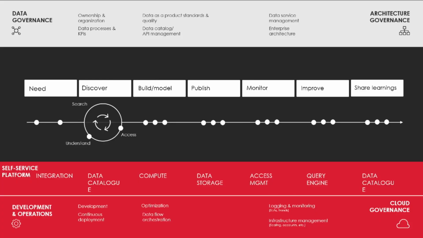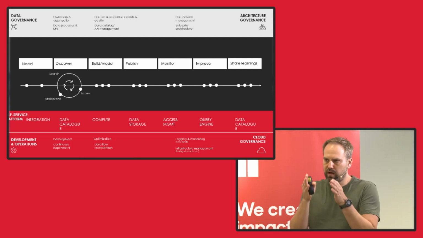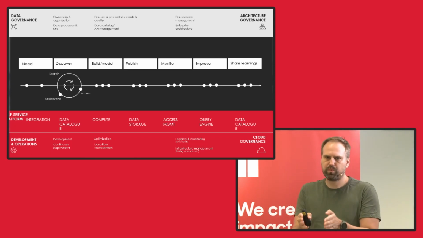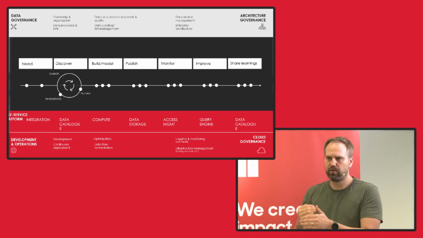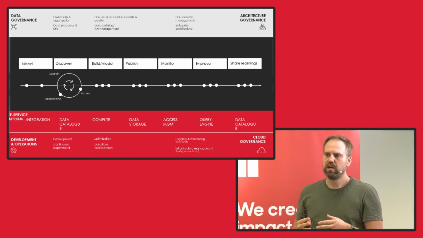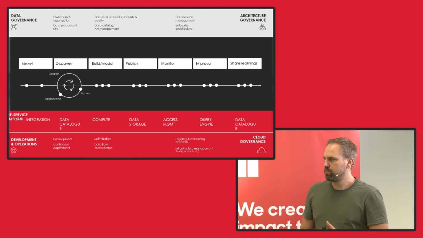You want to have very standardized data products. You want to define what they look like. You want to define what the APIs look like. You have to define the interfaces between the self-serve platform components. You have to have clear boundaries between them so that you can actually scale. You can have different teams building them. You can even have different parts of the organization building them. But you have to have a clear understanding of who's doing which part, what the interface is, how you operate them, whether you need to have a UI or whether it is Terraform components. All of this has to be decided, otherwise it will get loose. And that means that the self-serve platform also has to be owned.